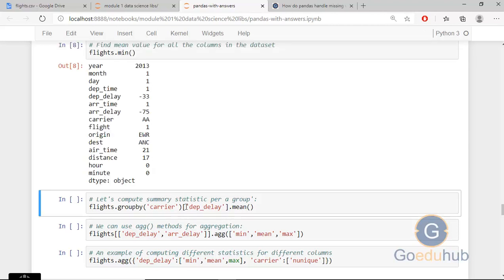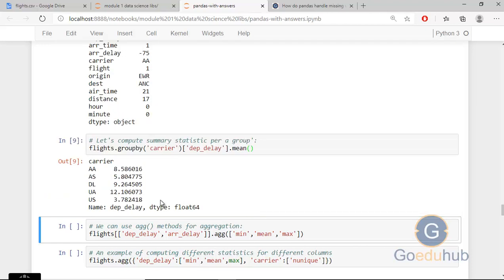And let's compute the summary statistics per group. So flights.groupby, you can group by the carrier, then check the departure_delay, and then we can calculate the mean. Okay? Similarly, we can use the agg method for aggregation.